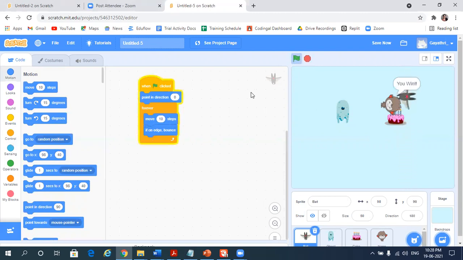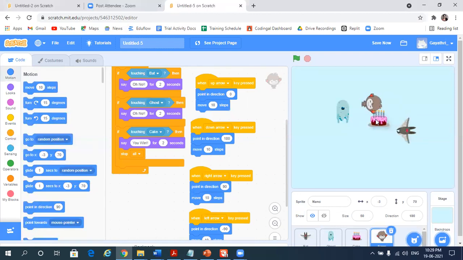Okay, so we can change the speed here. Instead of 10 steps, we'll make it 2 steps. Okay, let me take this off.